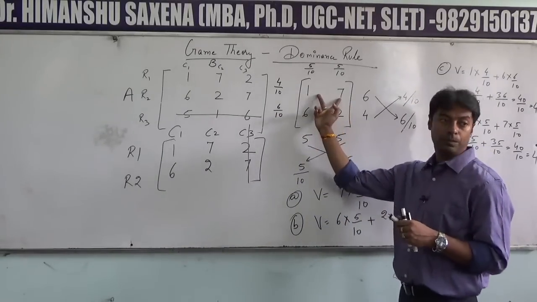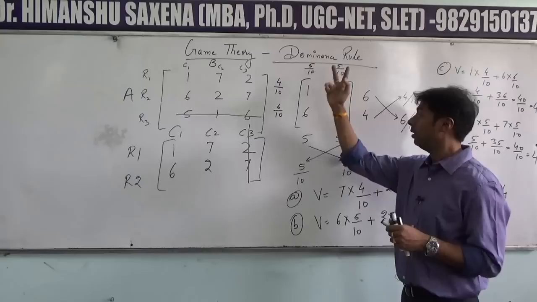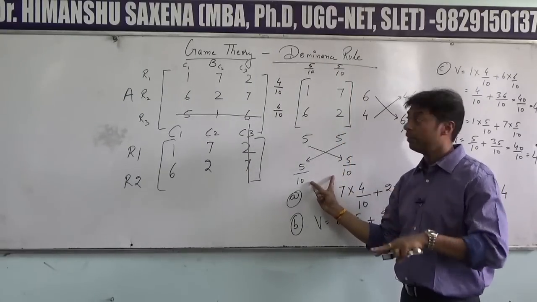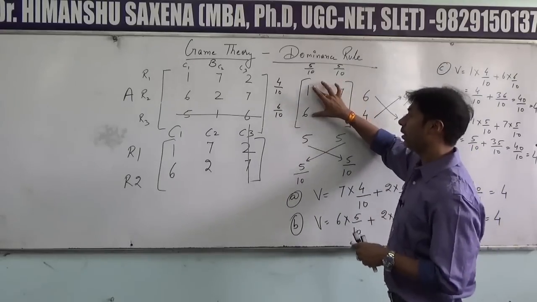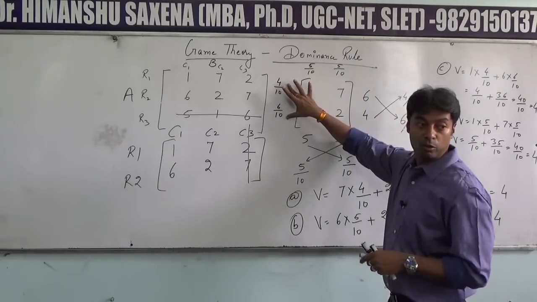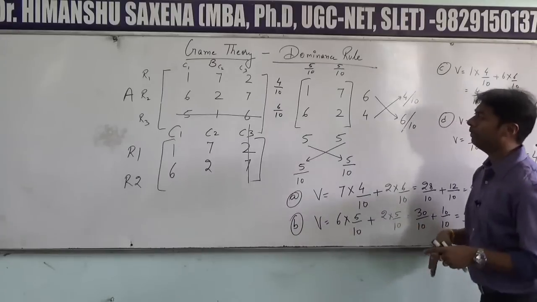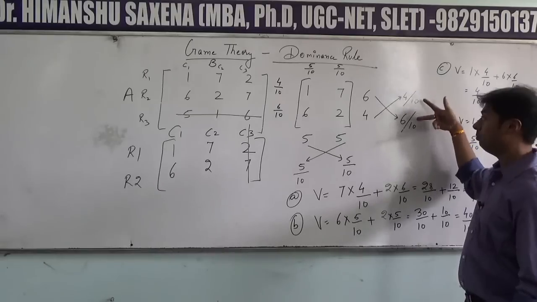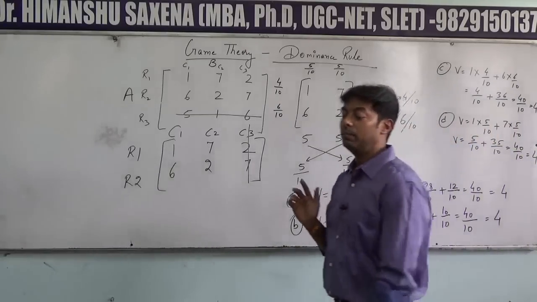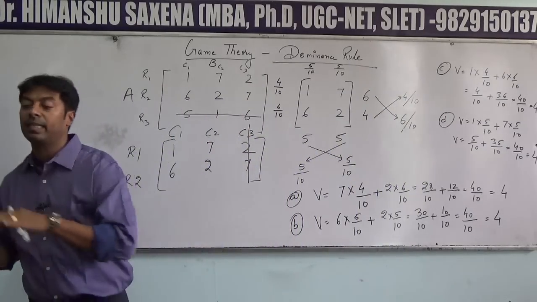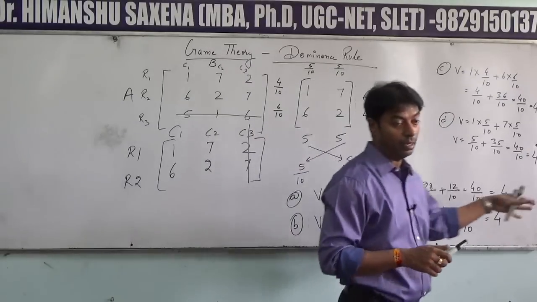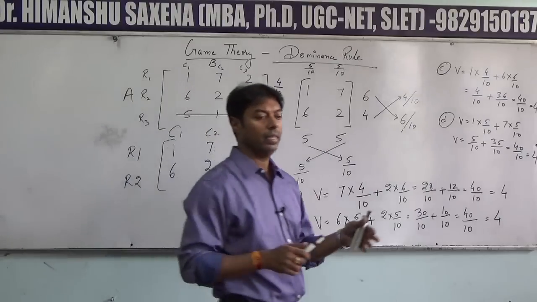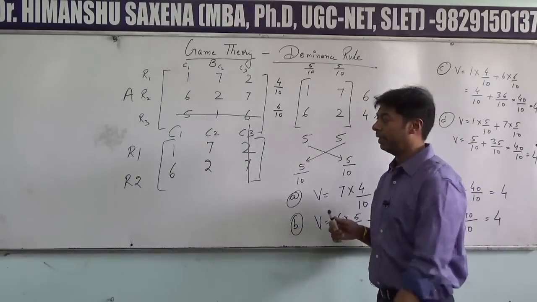Either we take the first row, we multiply with the values which are above it, or we take the second row, we have to multiply by the fractions which are below them. If we are taking the first column, we have to multiply with the values which are right in front of them, or if we are taking up the last column, then we have to take the values which are right behind them. In each and every circumstance, the value of the game will be exactly the same. It is coming out as a whole number, absolutely 4, but the value of the game could also be in fractions or decimals.